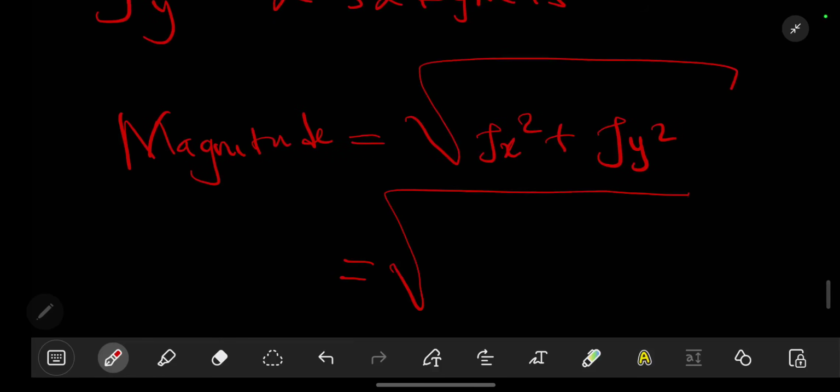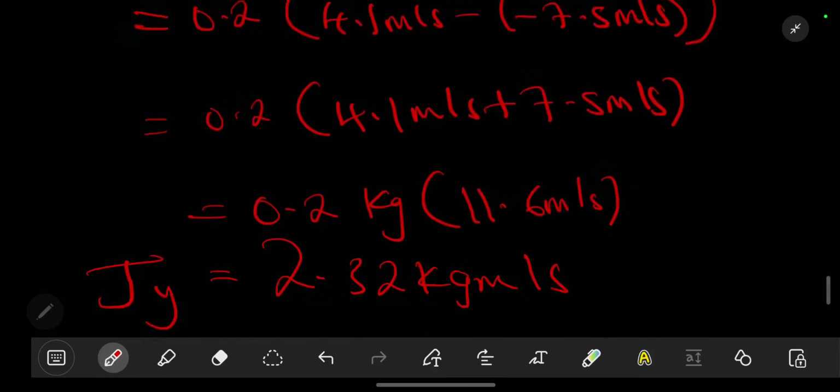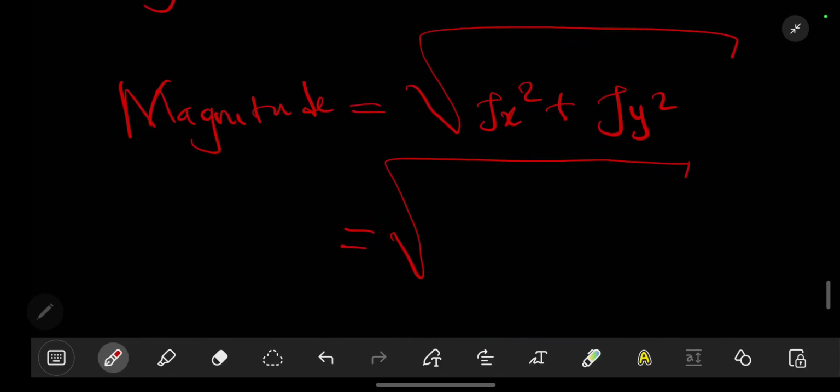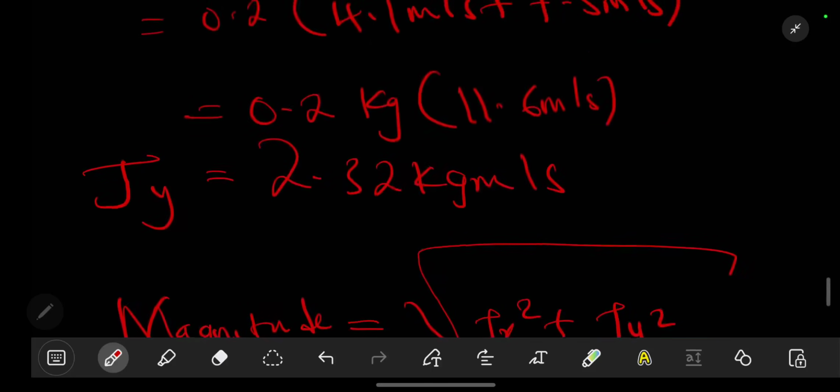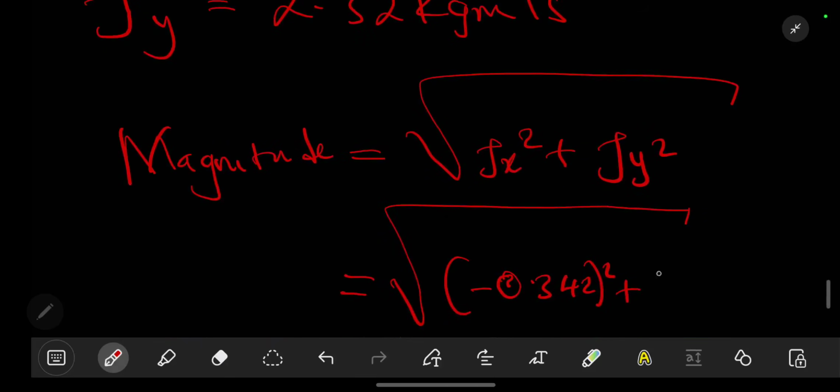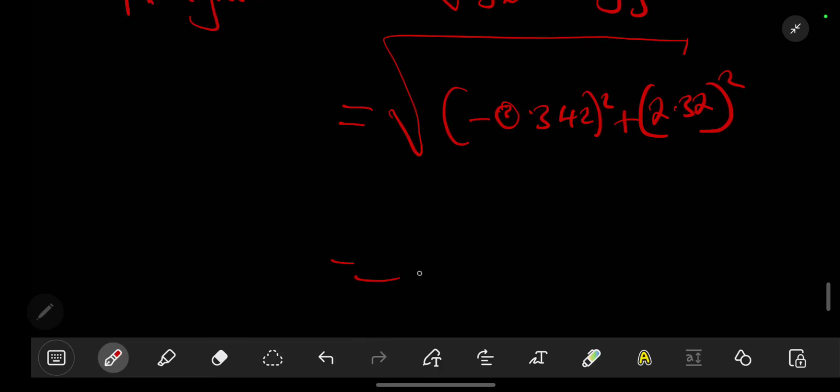Never forget Pythagoras. So we have the impulse in the x is negative 0.342 squared plus the 2.32 squared. This is going to give us a value of,